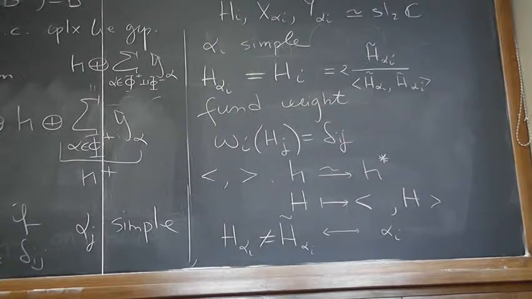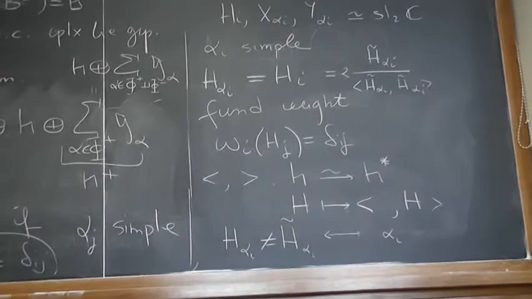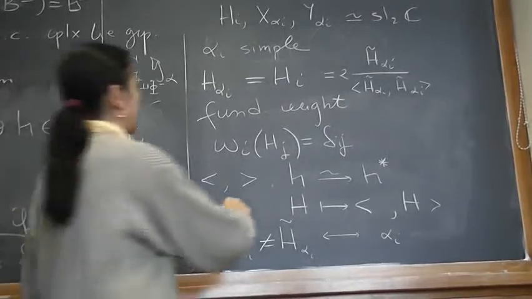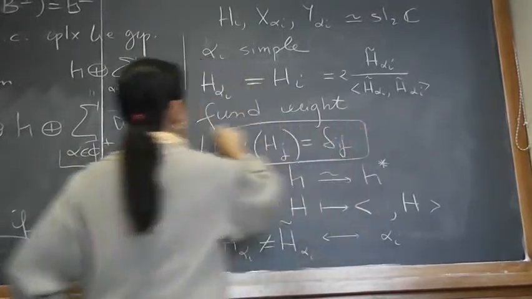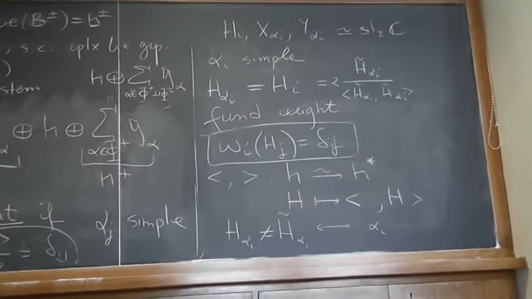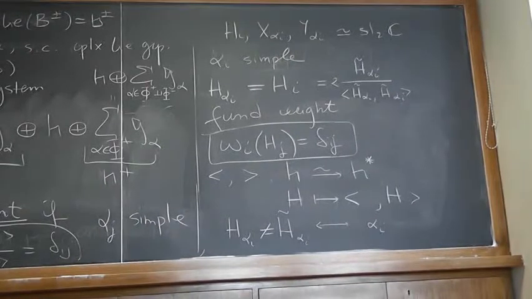Okay? And so, if you look at this equation, it is the same as this equation once you do the normalization. Because alpha j corresponds to H tilde, and this is all corresponding to Hj, right? So it's the same.